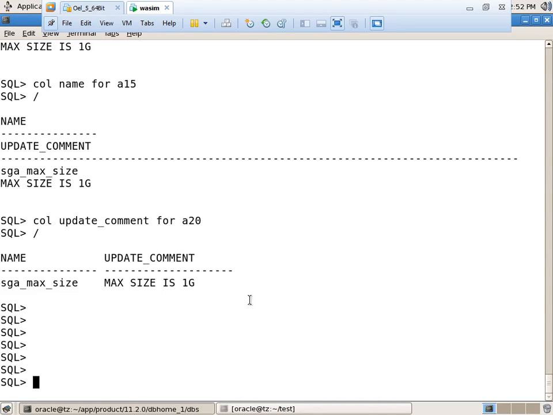In 10g we have 350 parameters. In 11g we have 347.